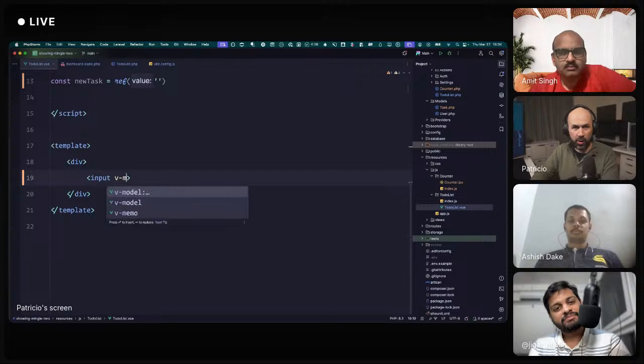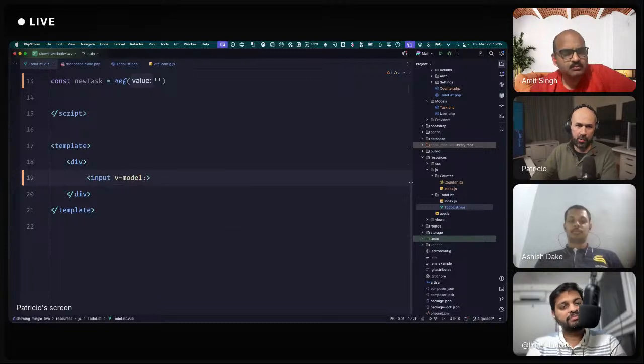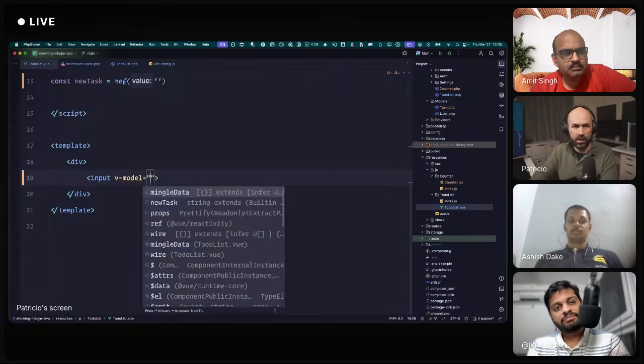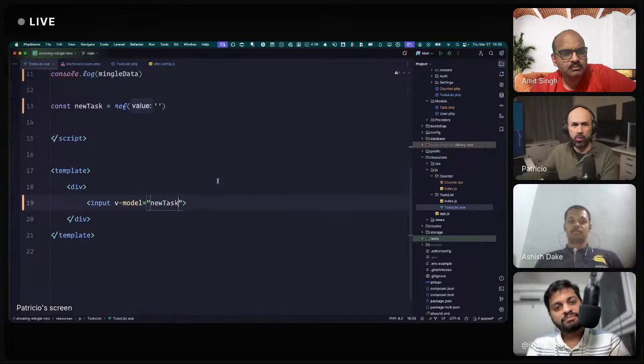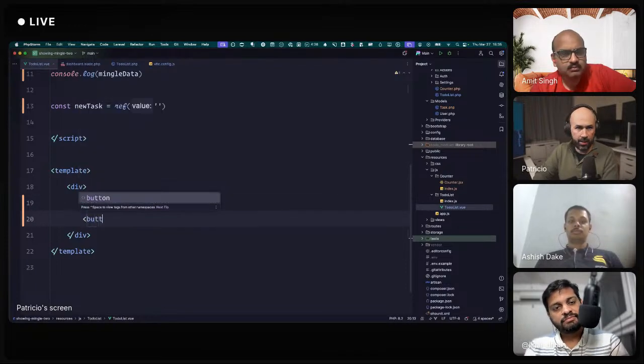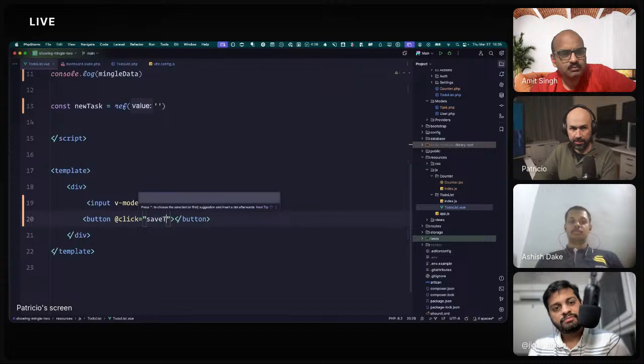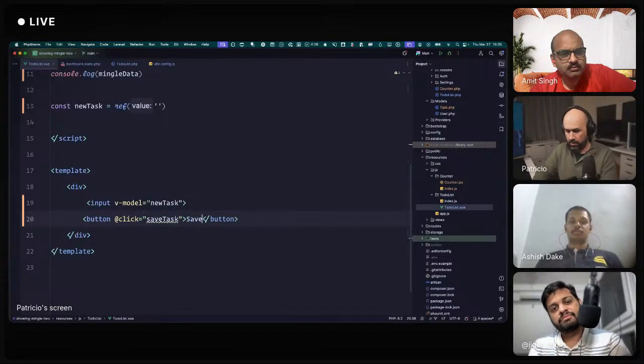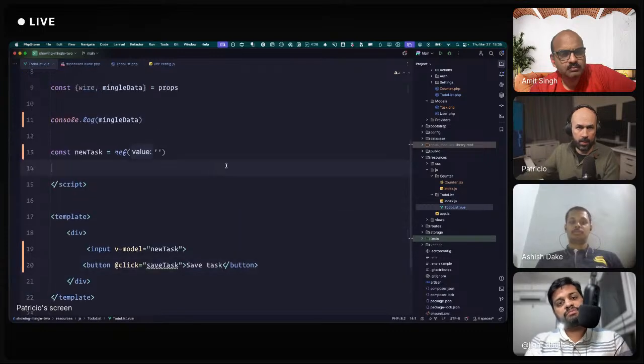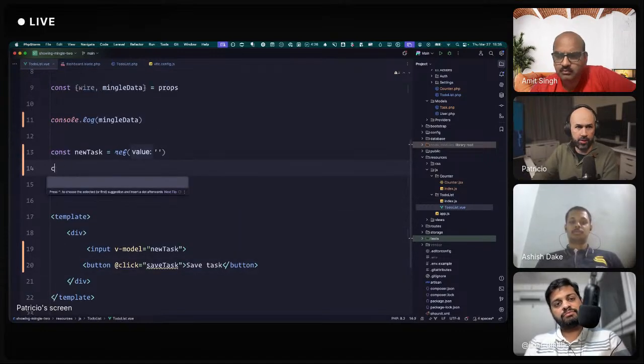So I'm going to say v-model equals new task. So what I write in the input will be in new task. And I'll have a button that at click, I'm going to say save task. I'm going to make a function.